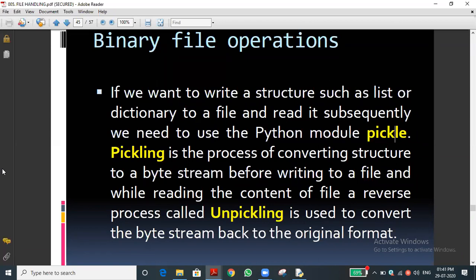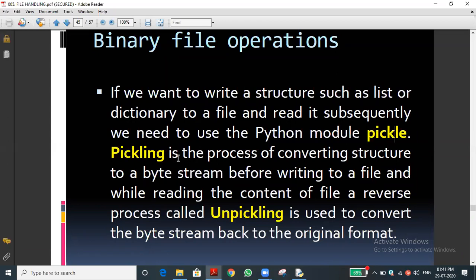Sir, even in the text file also too. Yes, please. Sir, a doubt in the test notes. Test question. Okay, I will complete this, and then I will open it. So the pickle module is used to handle list and dictionary type of concepts. Two things only, and afterwards I will go for the doubt section.